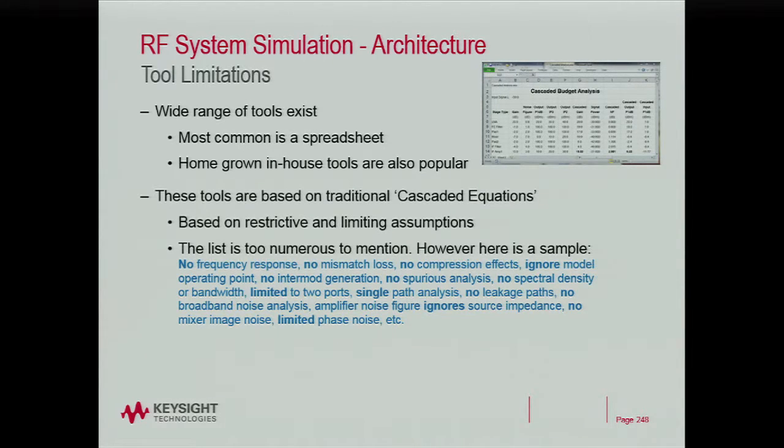How do you do frequency dependence, temperature dependence, VSWR, multiple paths, image noise in a mixer? I mean, that's a big deal. Generally, the spreadsheets just look at cascaded noise figure equations. So one of the things that we have come up with here, well, here's our